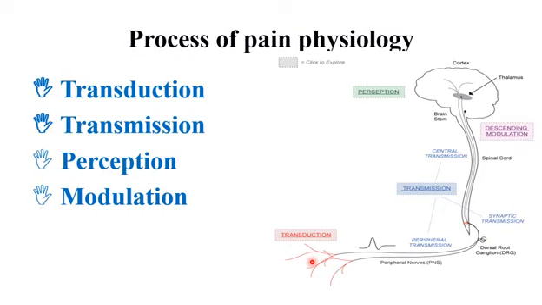proper nerve, and then transmission of this action potential or electrical activity to the dorsal horn, and from the dorsal horn to the upper central nervous system. So these processes are transmission, and then we have a perception of pain through the thalamus and the specific type in the cortex according to the location of injury, and then there